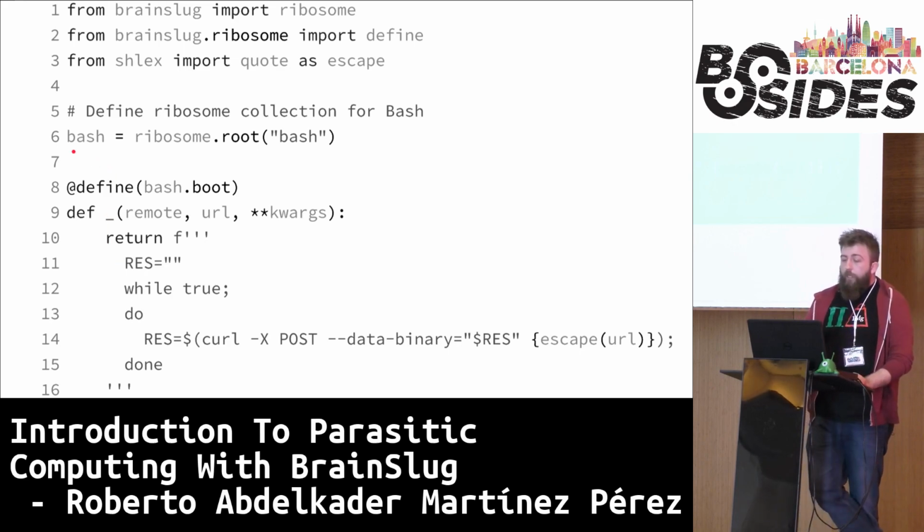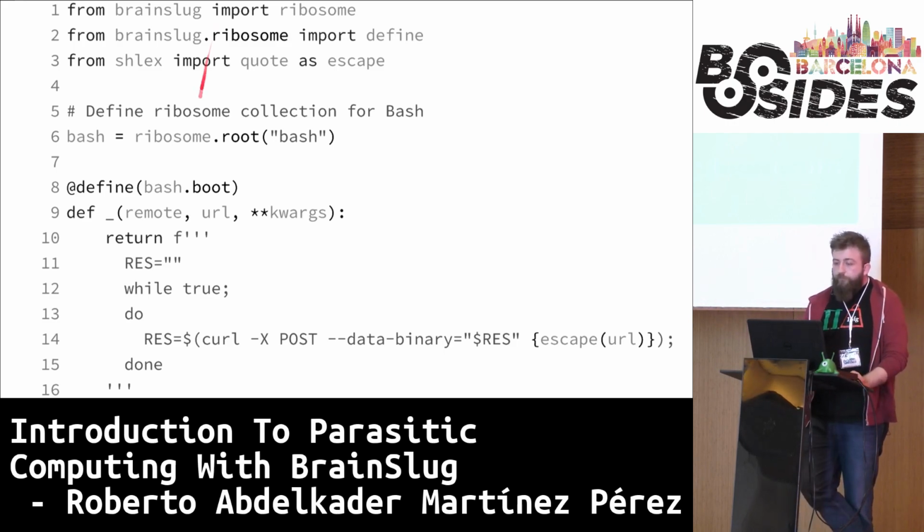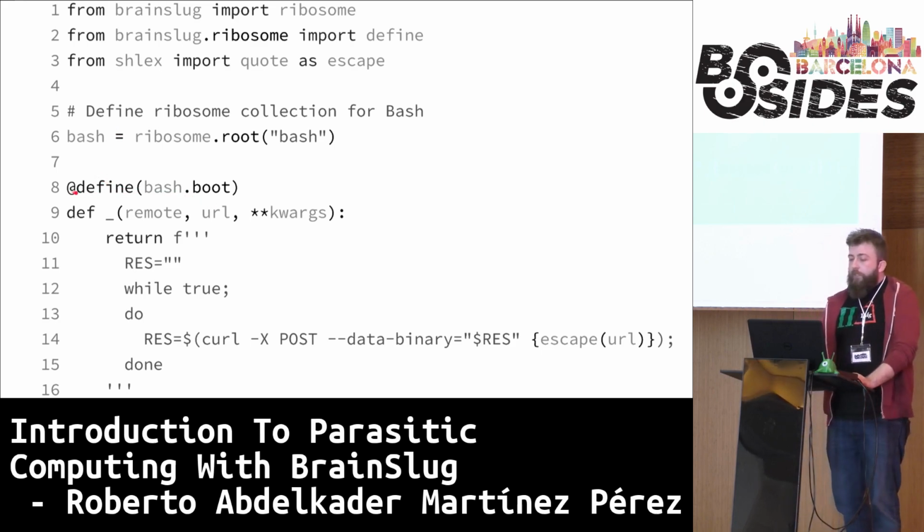The first thing we have to do is define this thing we call ribosome. It's an internal object of BrainSlug. This ribosome is like a collection of functions to define an external language. And the first thing you have to do is declare the root of this collection. In this case, I am declaring the bash language. So I declare and generate this object bash, and I define with this decorator